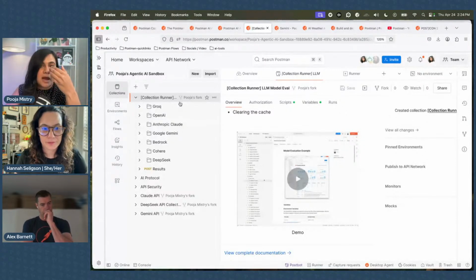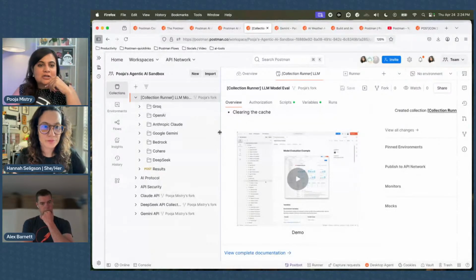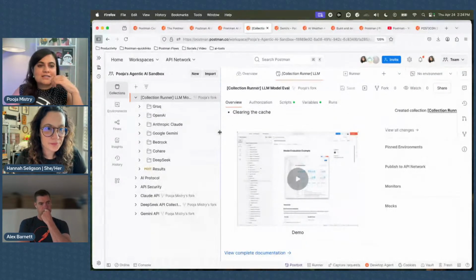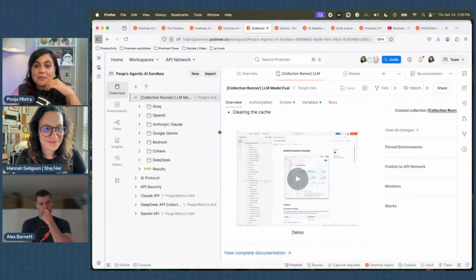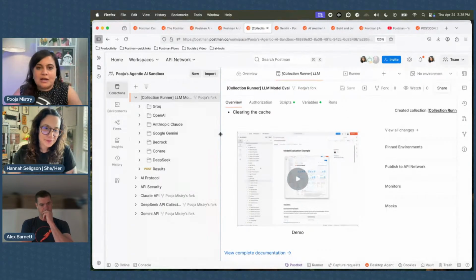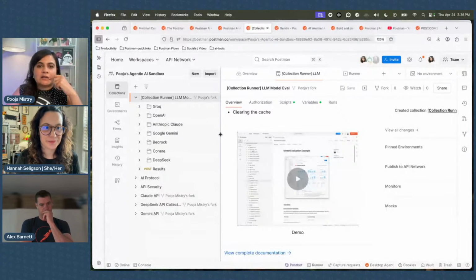And so it's actually pretty powerful if you're trying to evaluate LLM performance, et cetera. I've actually seen this in action with my colleague Sterling, who has a lot of these API keys set up on his end, and I could see why somebody would want to evaluate. But I wanted to throw that question to both you, Alex and Hannah, about just the power of evaluation in LLMs. What do you see when it comes to use cases there, and thoughts when it comes to evaluating?